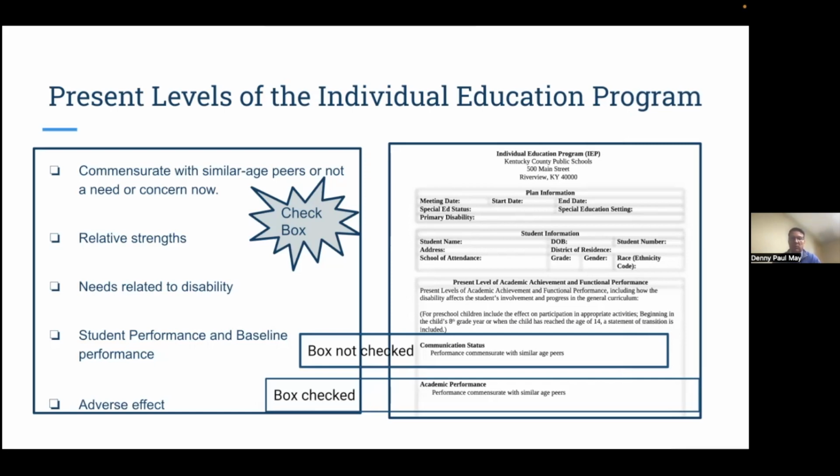And so when we read back through that, can we tell where that student is functioning? If there are reading difficulties, do we know what the independent reading level is, what grade level it is? Do we know what the instructional level is, what the zone of proximal development is, and where we're going to actually be working with that kid, and where that productive struggle comes in to see that progress? It's very, very important that we don't just write things in those boxes to be writing, but that they really have a purpose and really determine what the current level of functioning is. That's the purpose of the present level, to let us know what the student's strengths are.